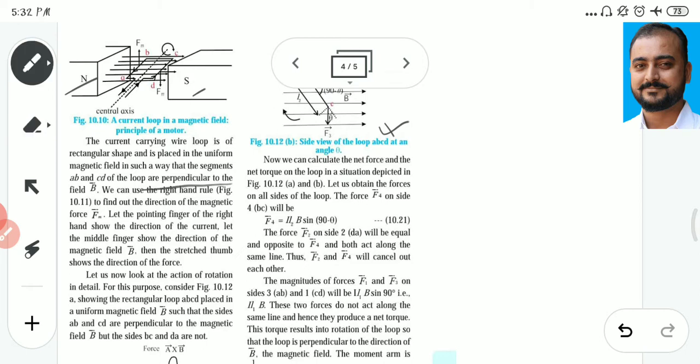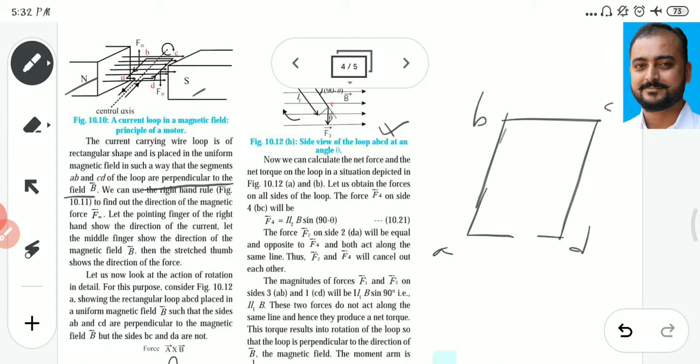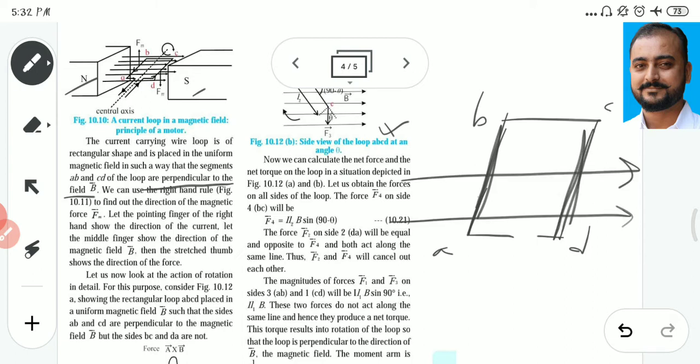Just remember, this is a rectangular loop ABCD, in which these sides are perpendicular. Here the north pole, here the south pole, like this, and they are perpendicular to the magnetic field. Okay, then